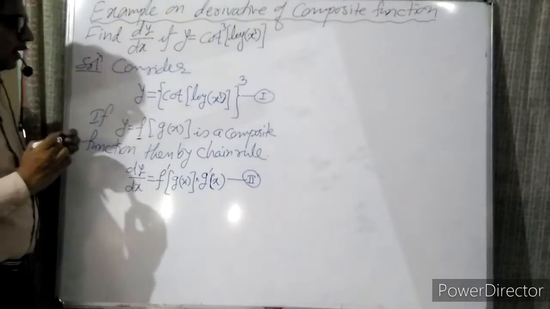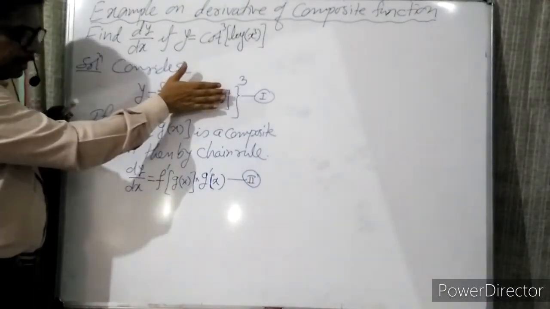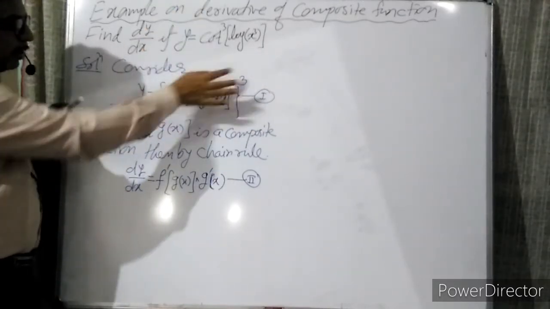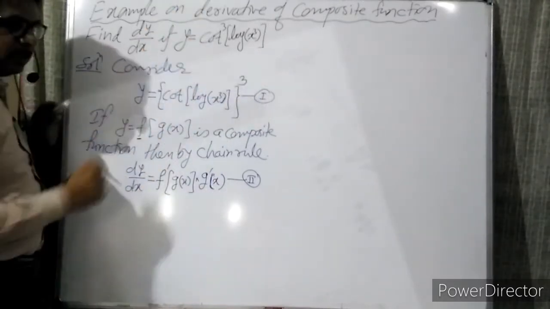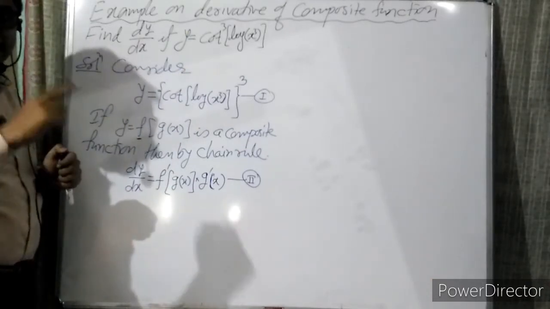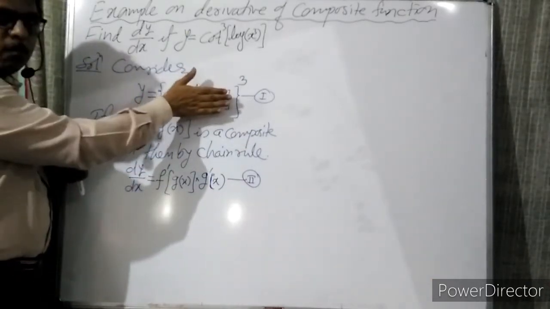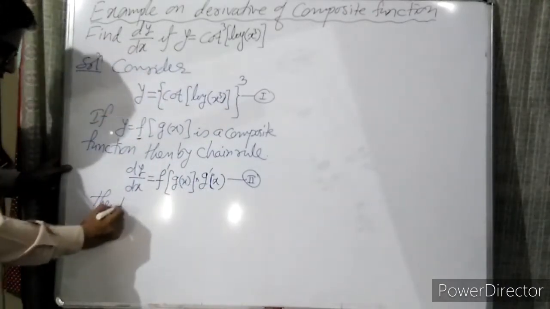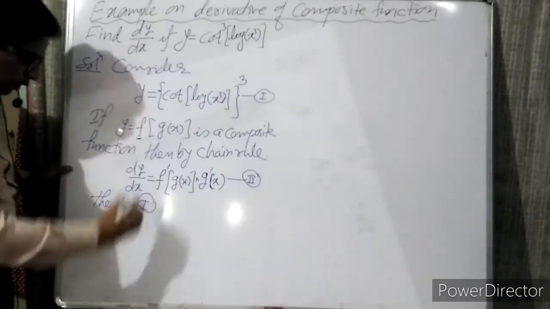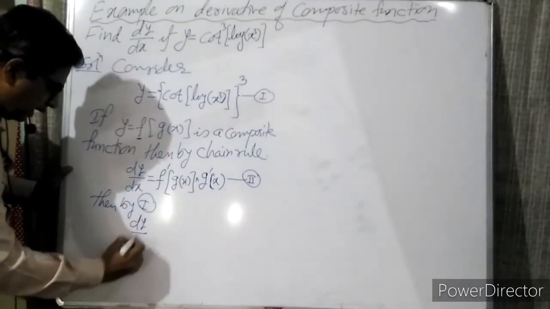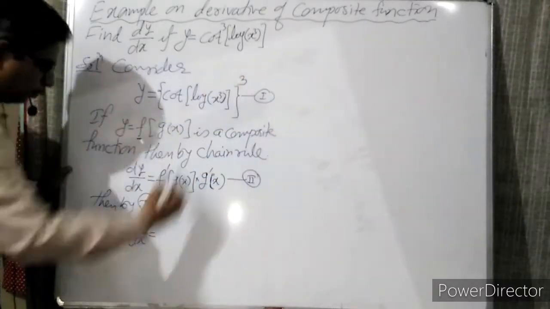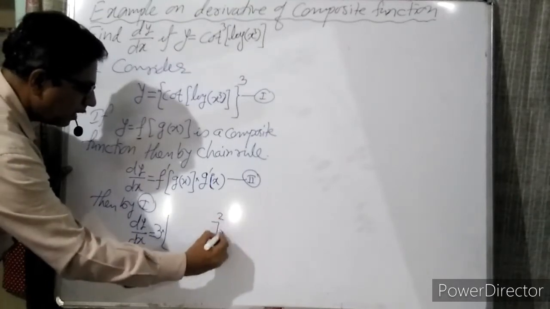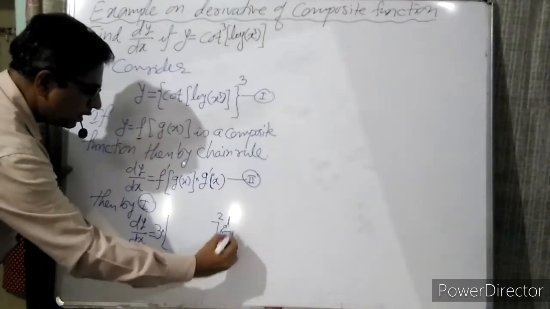Now see here, this term inside the curly bracket is the inner function g of x, and outer function is cube. So u raised to 3 is, or bracket raised to 3 is, with the derivative of x cube, it is 3x square. Now instead of x we have function of x. So then by first, see what we are getting now. Dy by dx is equal to derivative of cube, it is 3 into this bracket square into derivative of this bracket.